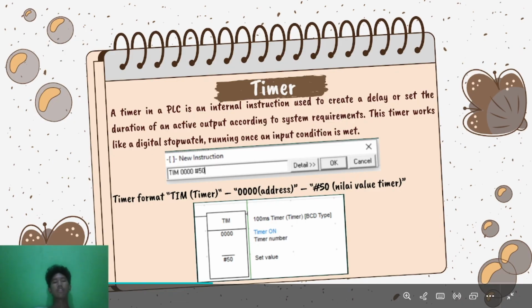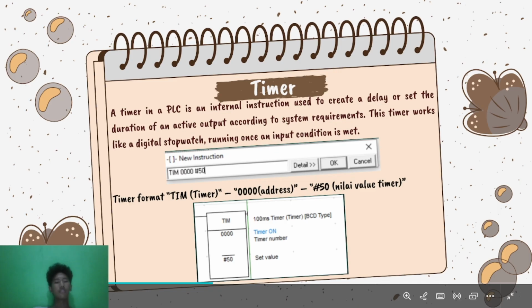This is the explanation about timers. A timer in PLC is an internal instruction used to create a delay or set the duration of an active output according to the system requirements. This timer works like a digital stopwatch, running once an input condition is met, like the picture below.